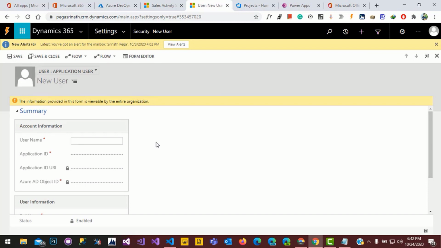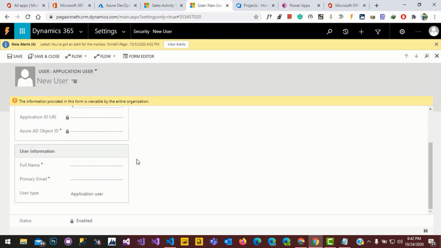It's asking for user name and application ID as well as full name and mail ID, so I will give those credentials.